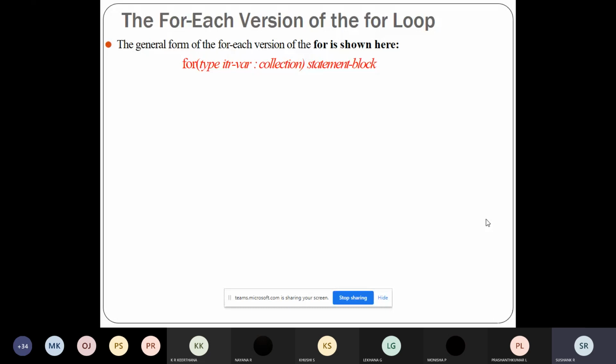So for that, we can use the for each loop. The for each loop is designed for traversing through the collection of objects. Collection of objects means arrays. These loops are designed for accessing the objects, accessing the collection of objects like arrays. Arrays, you know, contain elements of the same type. It's a collection of multiple elements.